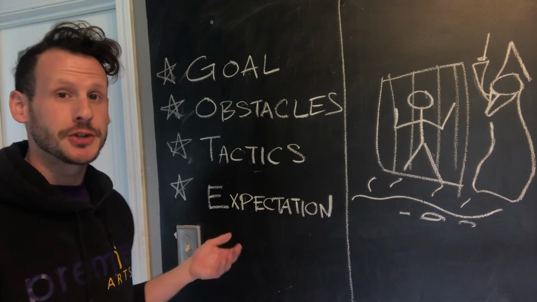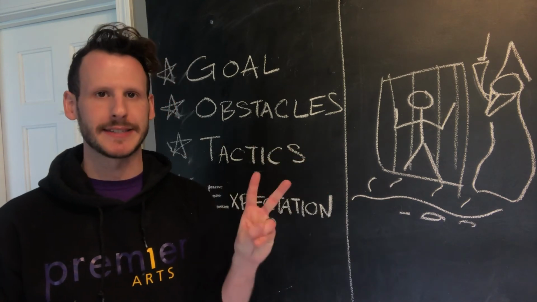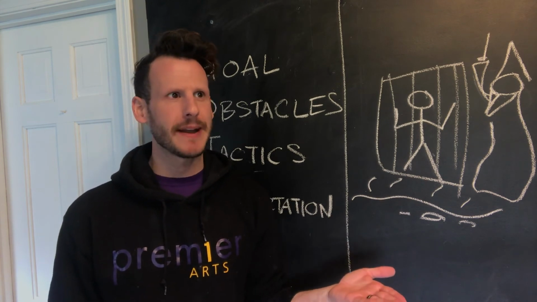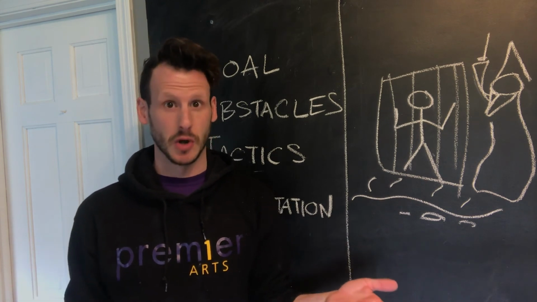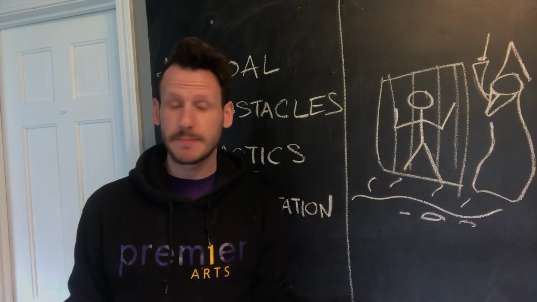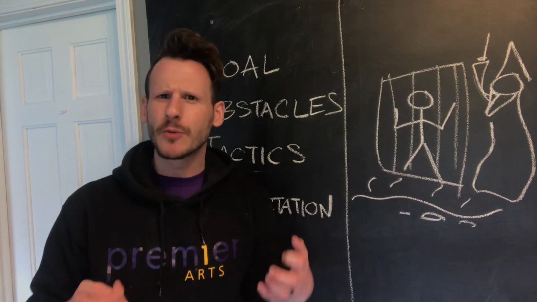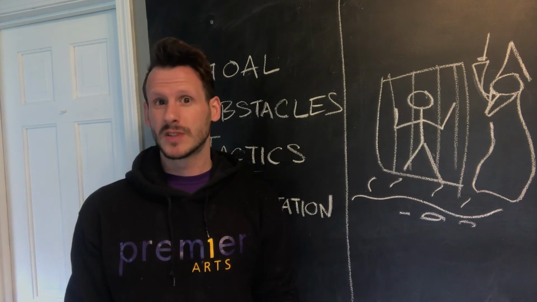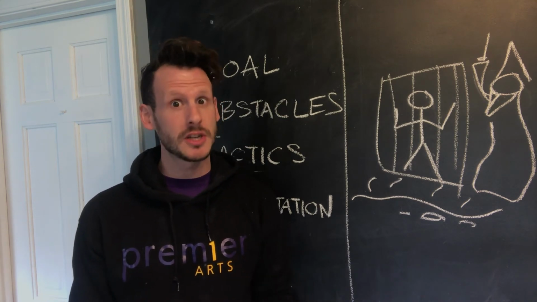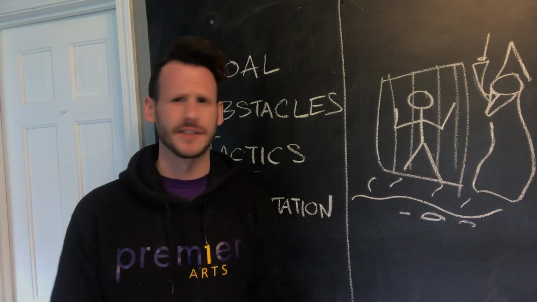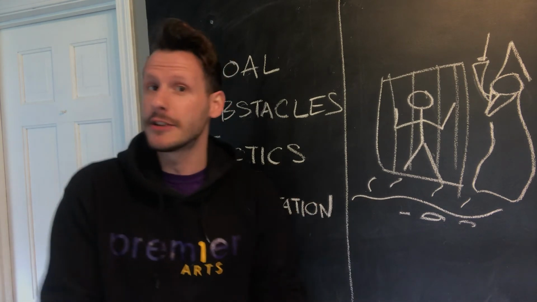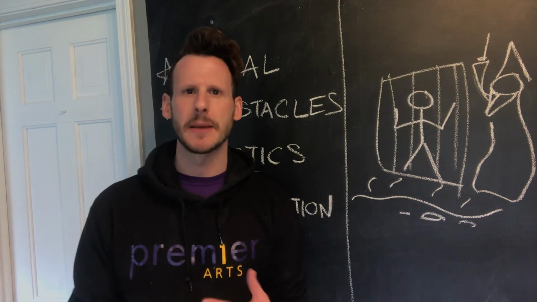So for expectation, you're really going to have two expectations. What you expect to happen if you achieve your goal, and what you expect to happen if you don't achieve your goal. Generally, what you expect to happen is going to be something really powerful and motivating, something that you want, while something that you expect to happen if you don't achieve your goal is something terrible and awful and maybe life-ending. And sometimes our expectations are in the script themselves, or maybe it's just in the backstory that you created for your character.